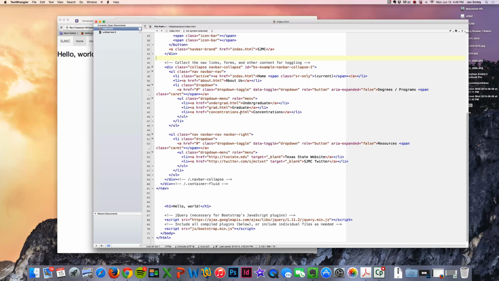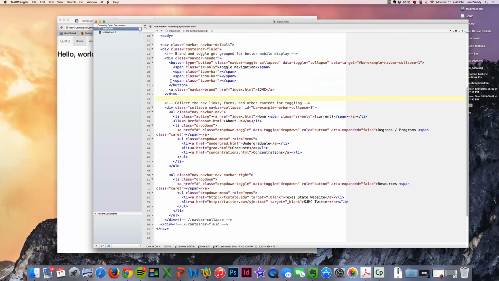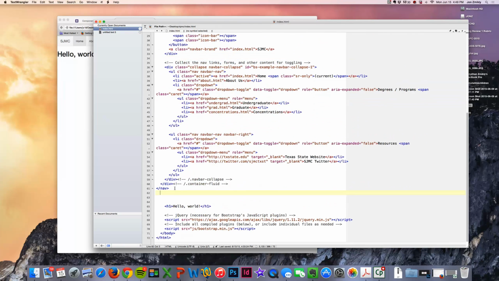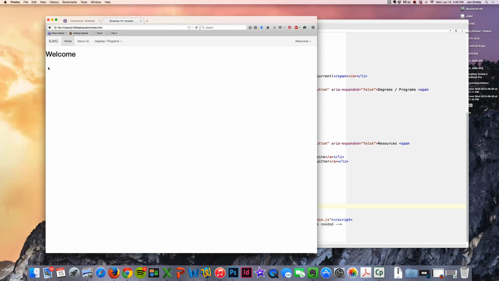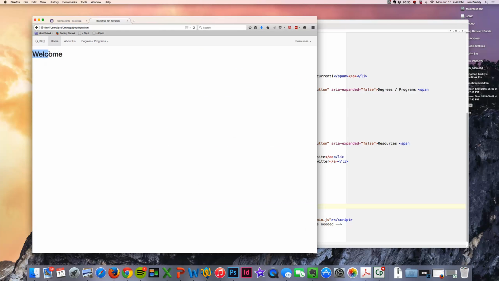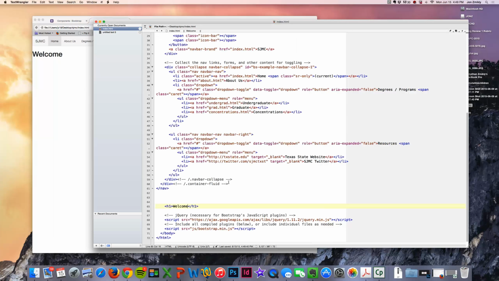So I'm going to go back to my web page here, and up here I've got obviously all my customized navigation, and down here I've got my H1 which says Hello World. I'm going to go ahead and change that to something like welcome, something a little bit more appropriate for my website. And you'll notice that it's a bit too far to the edge, and I want to allow my content to be a little bit farther away from the edge instead of being all the way in the way that it is. And so to group this content and anything that I put after it all together,